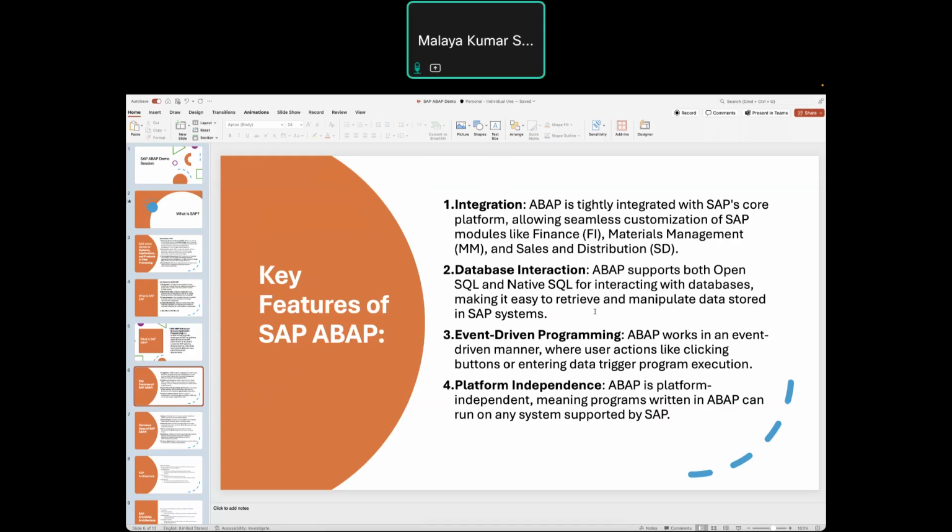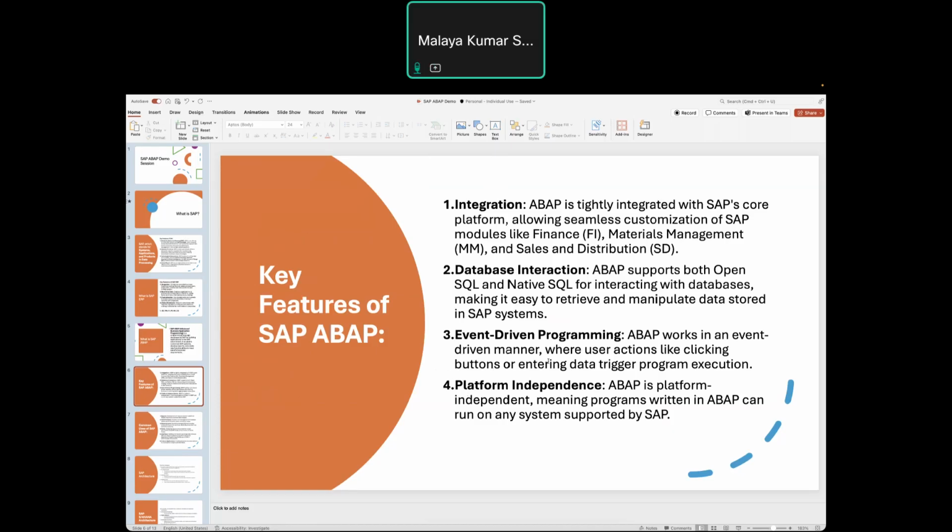Each event has its own triggering point. Whatever action you do, based on that, you will trigger an event. So it will be easy to create your program. Okay, so that is called event-driven.